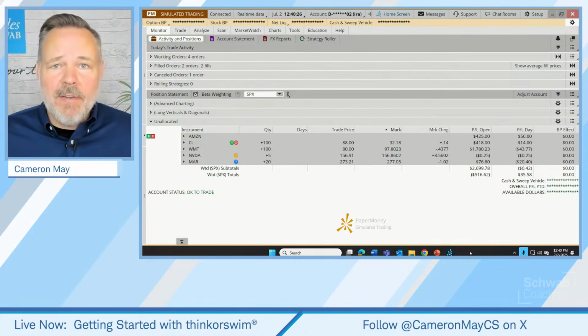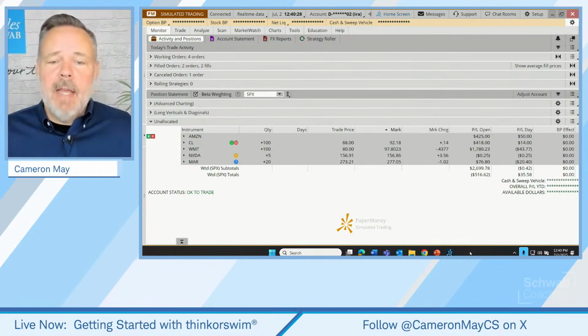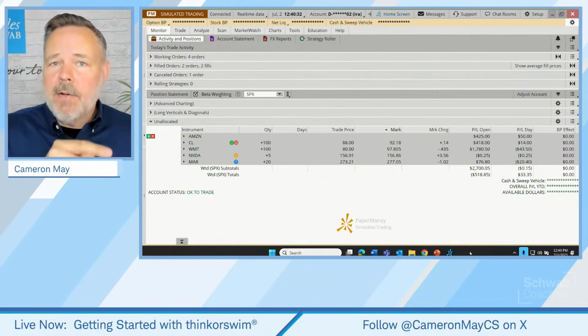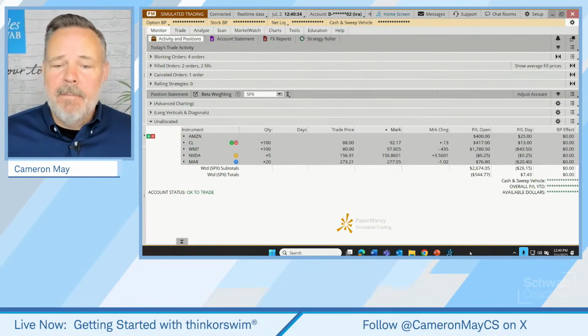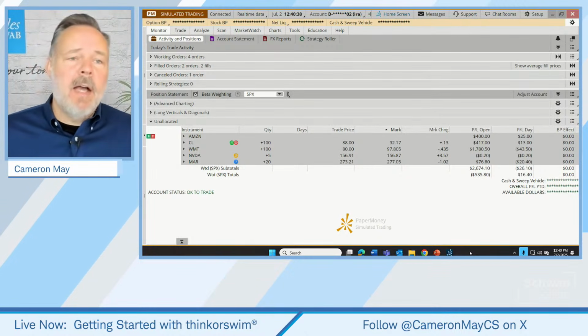Lots of questions left unanswered still, right? But the general navigation, we even planned and placed an example trade and monitored that on our monitor tab. So I think that's a good introduction to the platform, but still a lot to cover.